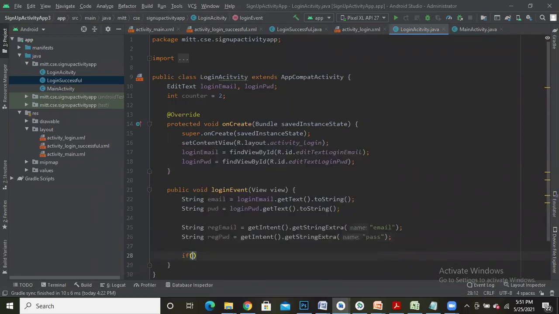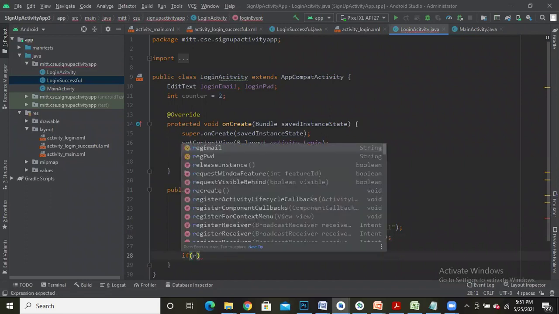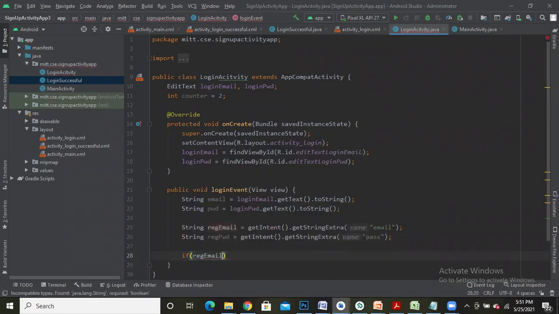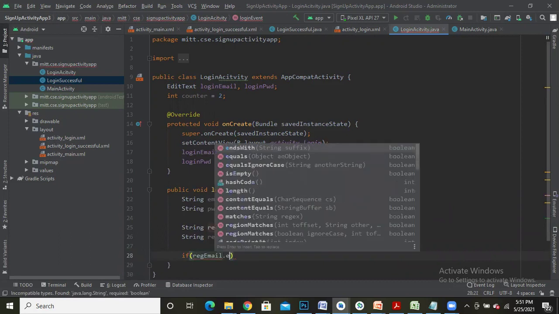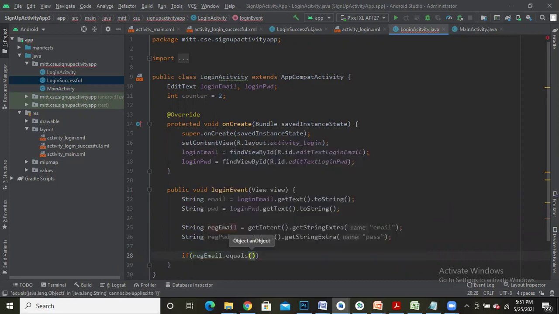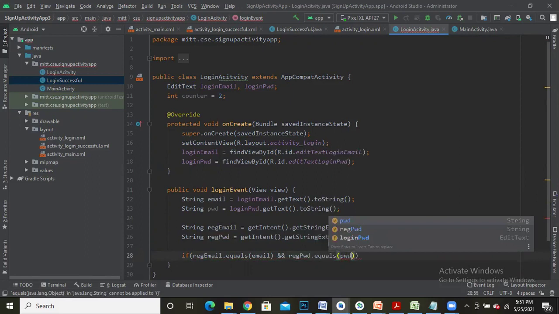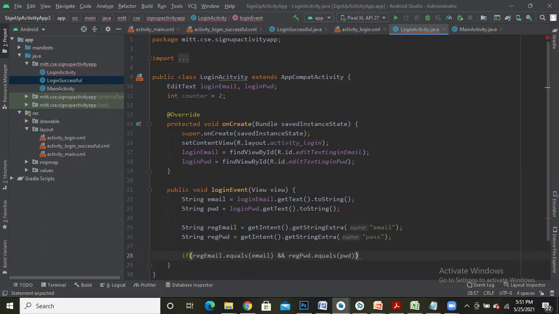If registered email dot equals email which I had read, email, and registered password dot equals the password which I had read, PWD. So in case my registered email and the entered email as well as registered password and the entered password, if both are the same, if both are equal, then